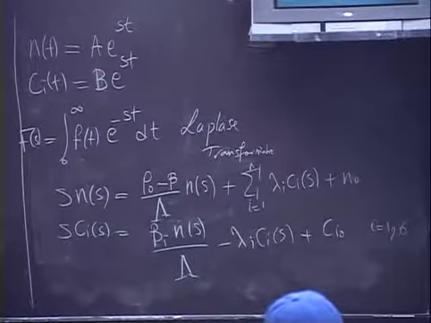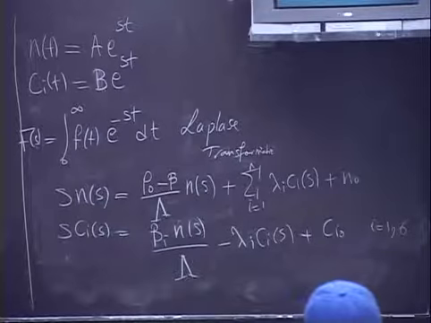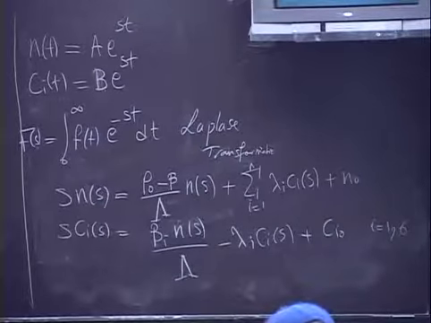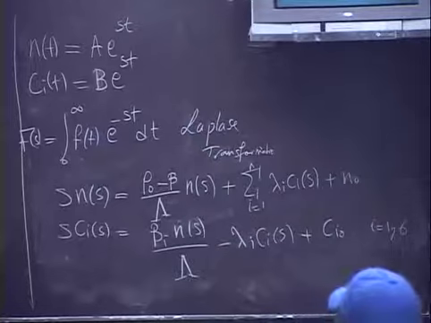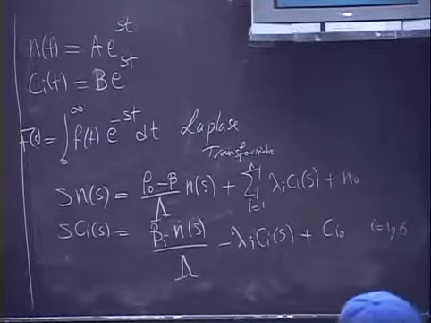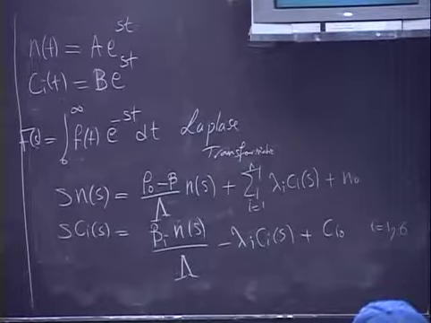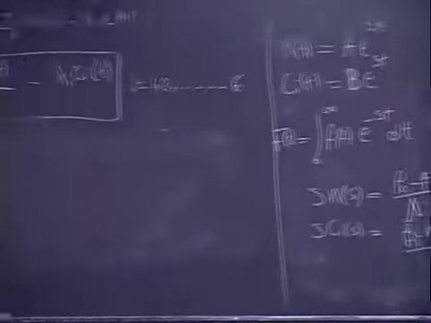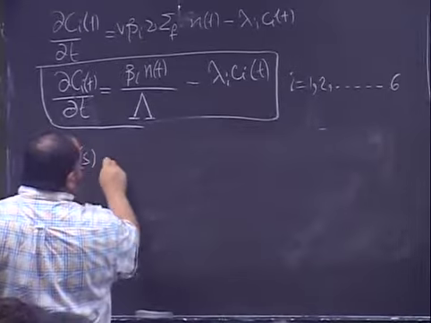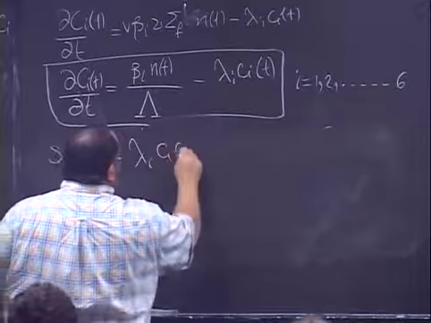So those are two algebraic equations. Yes, guys? We can pick the n naught and c naught to be zeros at the very beginning. Okay? So take the second equation: s Ci of s plus lambda I Ci of s